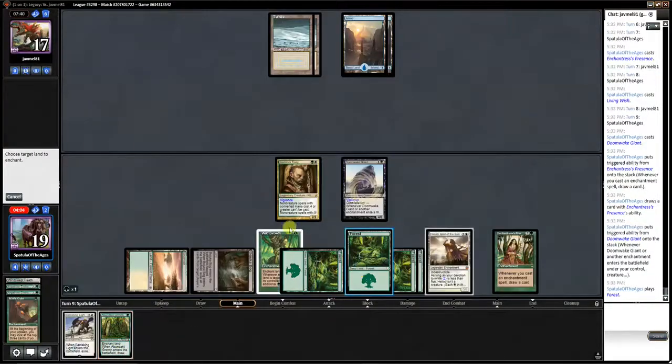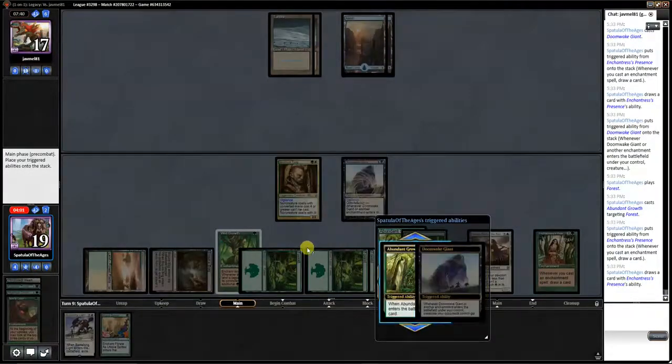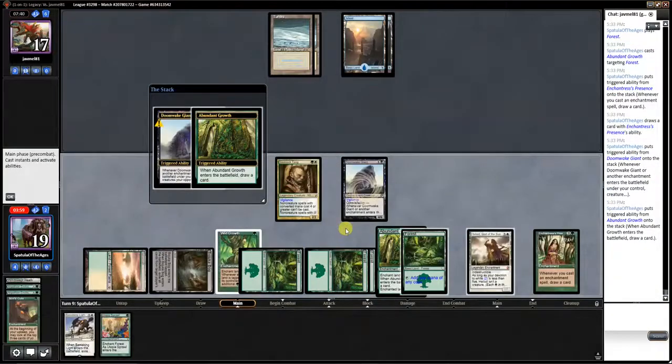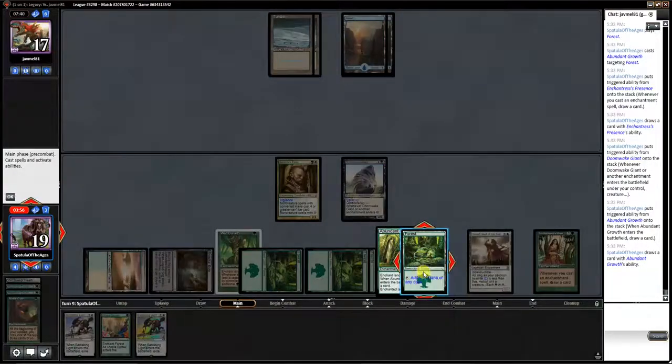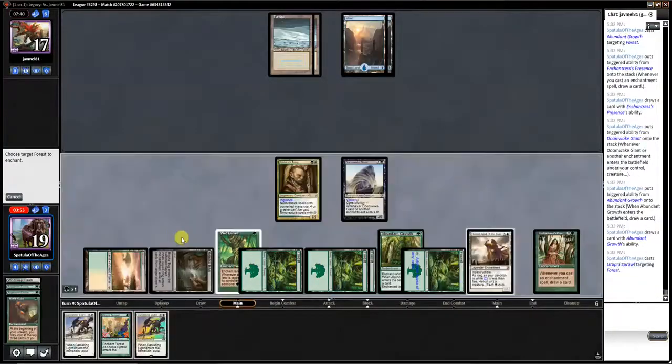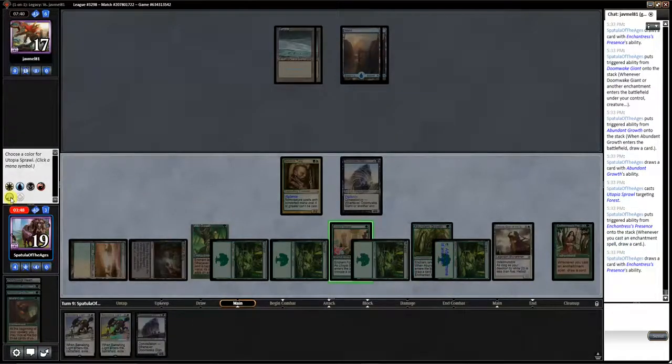Okay, next turn I can start making guys, which means I can also attack with the Gaddock Teeg, because I can make them at instant speed to kill a Snapcaster. I don't need to worry about Explosives, because he can't do it. I'm a little bit nervous about the fact that...